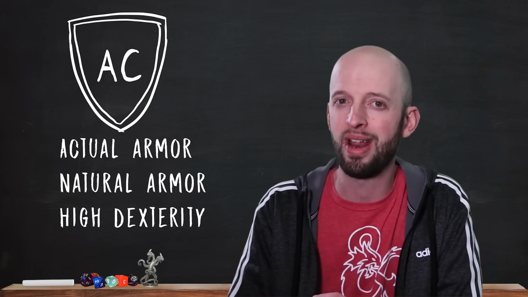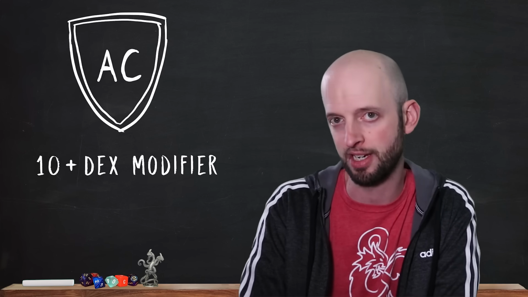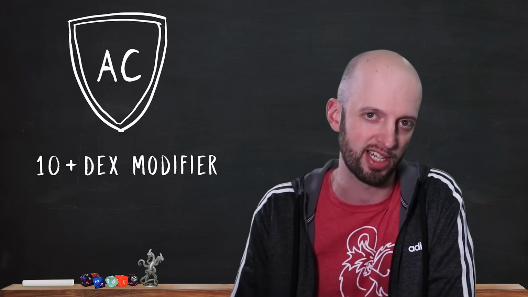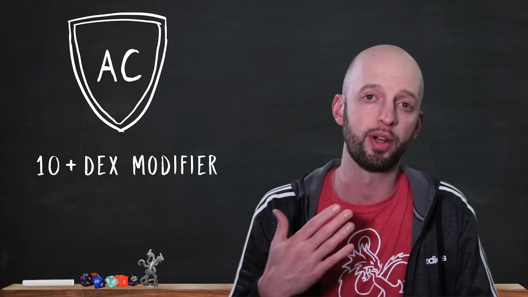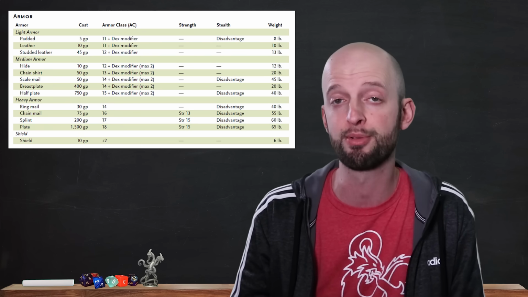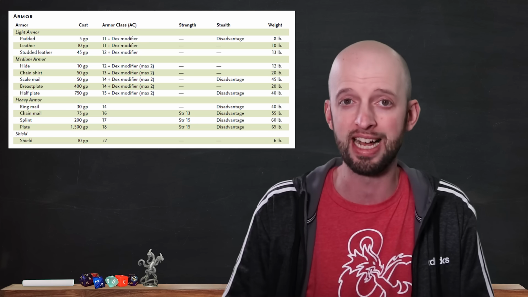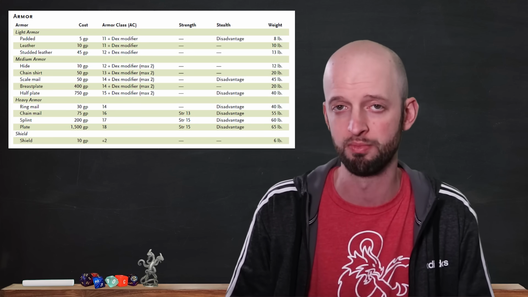For a character without any armor or shields, your armor class would be 10 plus your dexterity modifier. And yes, that can be a number less than 10 if your dexterity modifier is a negative number. For characters who are wearing armor or carrying a shield, you'll want to factor in additional modifiers using the equipment section of the rules, which are found in Chapter 5 of the Player's Handbook. This is the number that, like difficulty class, must be matched or exceeded in order to successfully hit or get